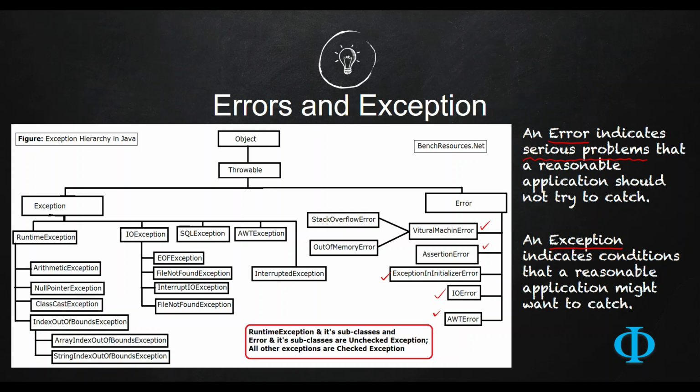The second one is exception. Exception basically indicates some type of error which happens in a special scenario. It may not happen in all the different executions of your program, but it happens in a special scenario, and it is possible to bypass those errors or handle them properly without interrupting the program, without crashing